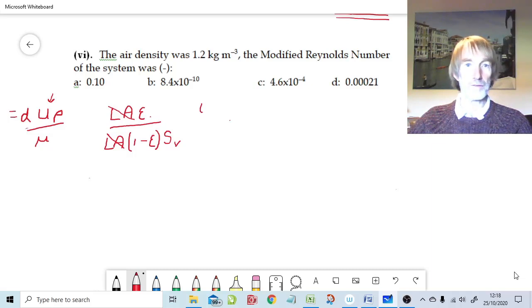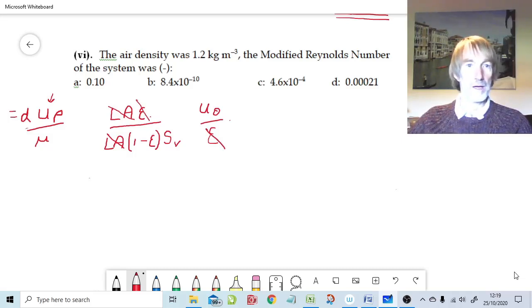Now, the conversion between interstitial velocity and superficial velocity, which is typically what we measure with a rotameter or a similar device, because we measure the velocity of the flow coming onto the surface of the packed bed. That's what superficial means. It's on the surface of the bed. The superficial velocity divided by the voidage is the interstitial velocity,